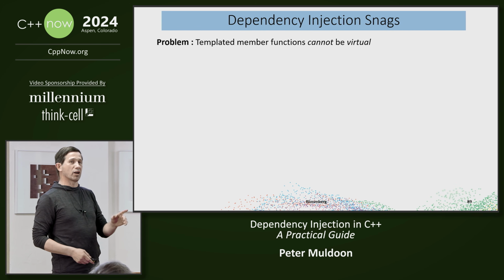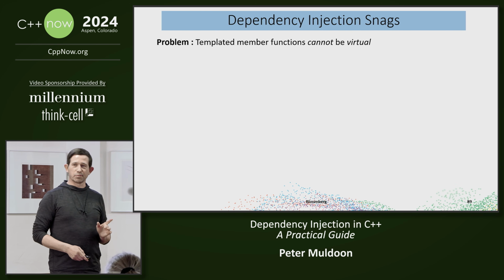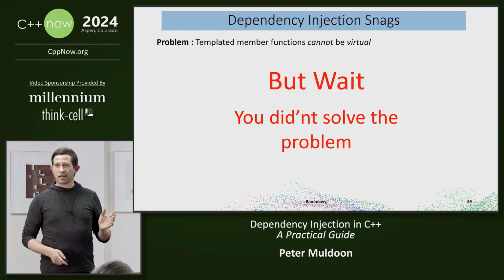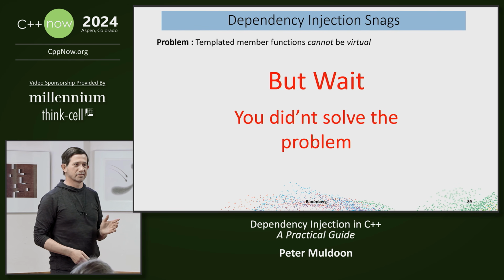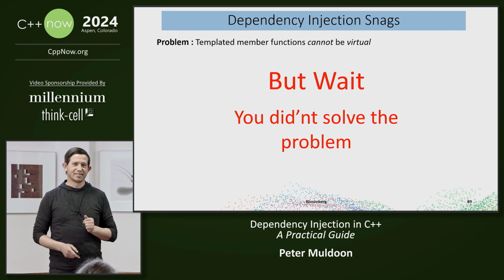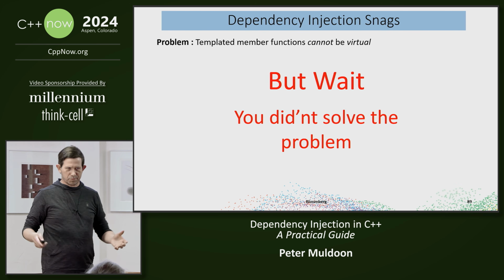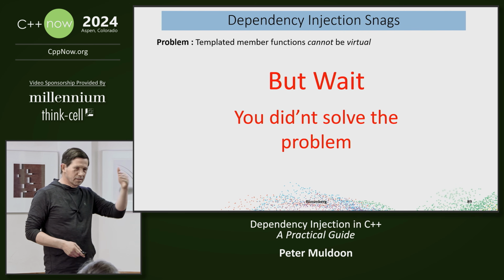Now I gave this as a dry run before coming here because I do it with a new talk. And someone said to me, you didn't solve the actual problem, you sidestepped it. And I said, well, maybe I did. Because I just had it. He said, what happens if you had tons of types? Are you going to put all these different